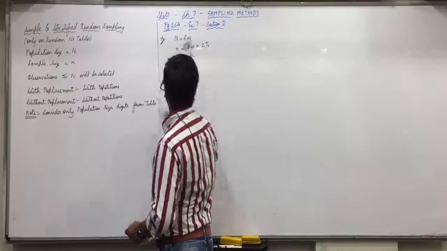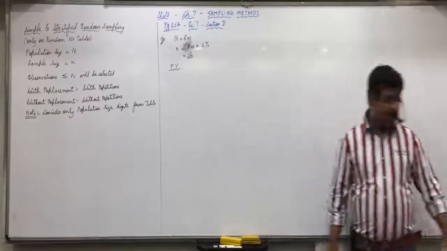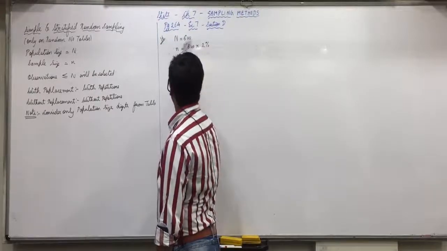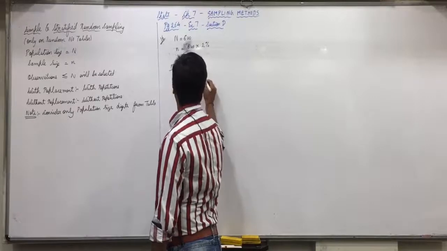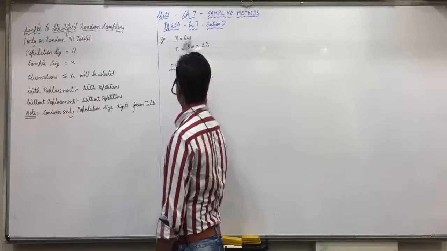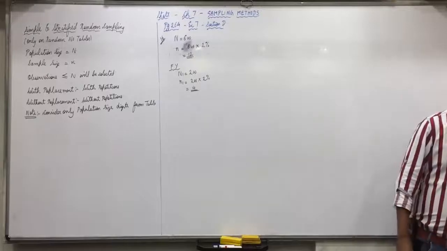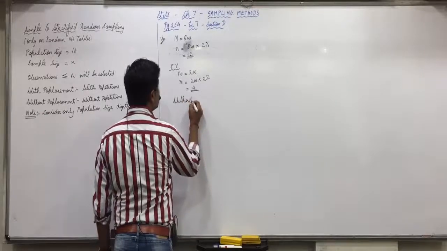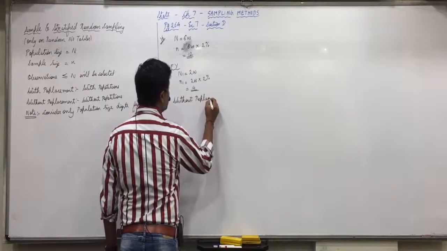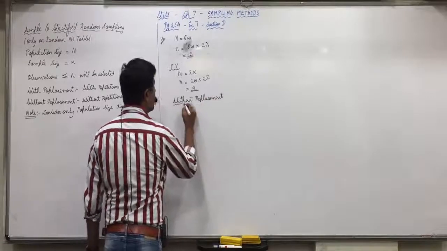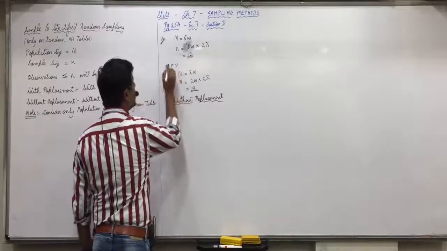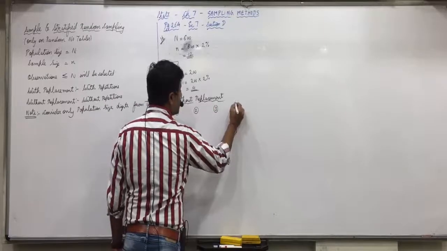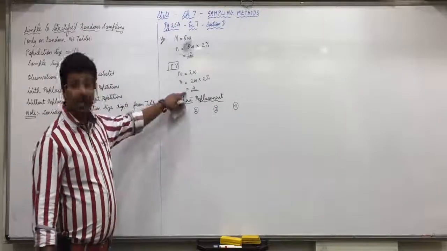First we take FY. In FY, capital N1 is 200. Small n1, 200 into 2%, is 4. We have to do the selection without replacement, so without repetition, first I'll write. Small n1 is 4, so how many numbers? 4 numbers. Okay, small n1 is 4, so I'll write 4 numbers.